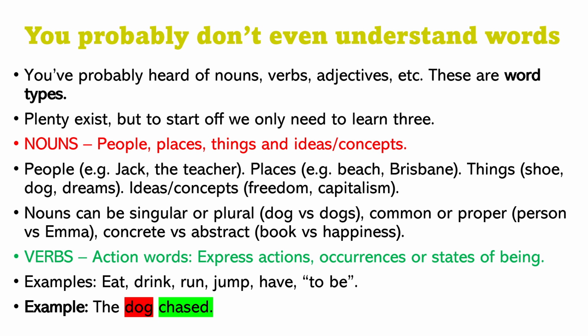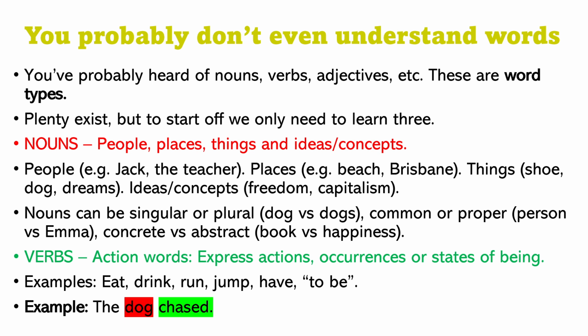Places, like the beach, cities like Brisbane, or a house, are all places that are nouns. Things, like shoe and dog, and even dreams. It doesn't have to be physical necessarily. Ideas and concepts are also considered nouns. So people, places, things, those are basically what nouns are. If you can think of a word that's just a thing, like a dog or a phone, that is a noun. You'll get the grip of this as we go along.